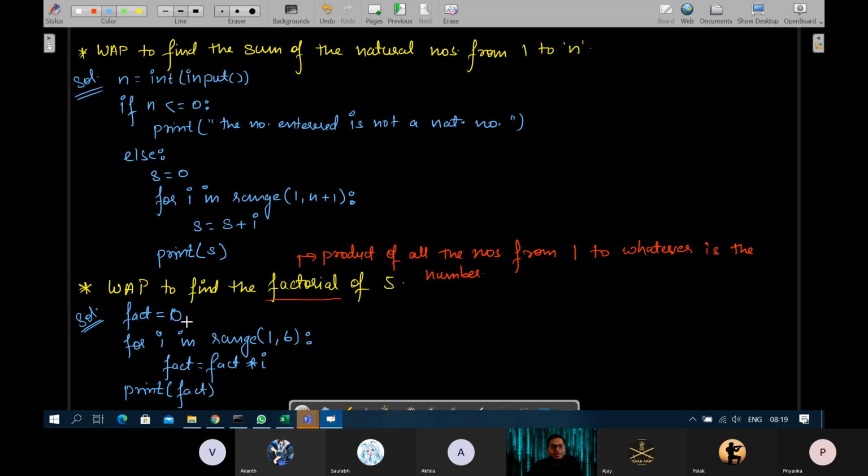If you keep 0, every time you get a new value of I, fact will always be 0. Even if you multiply it by any number, fact will remain as 0. So it doesn't matter how many times you try to modify fact, because it is 0, it will always be 0 and the final answer will be 0. So therefore